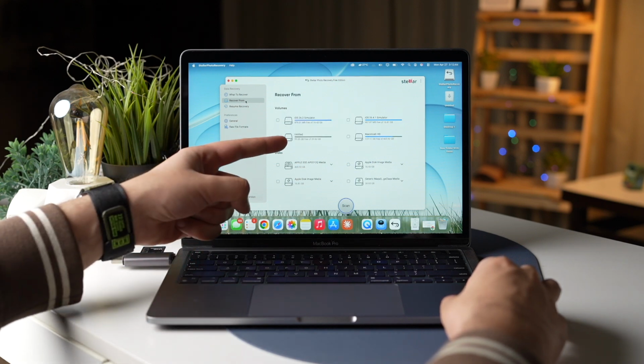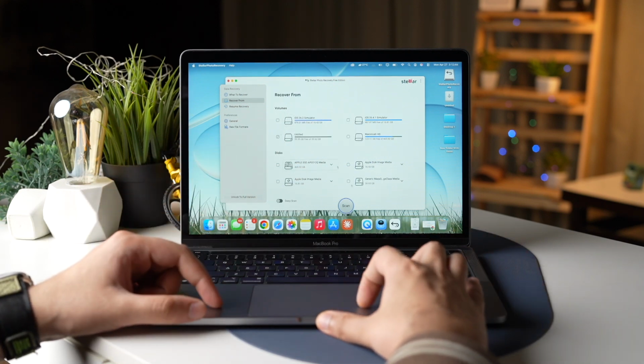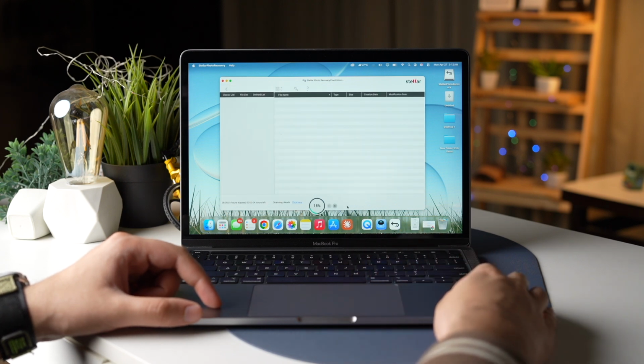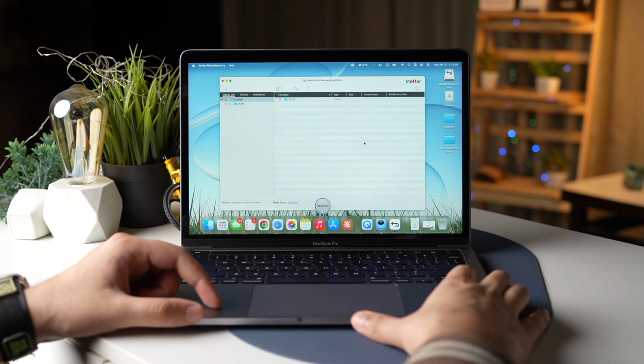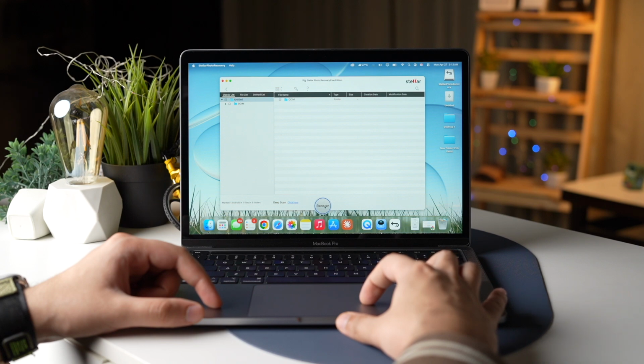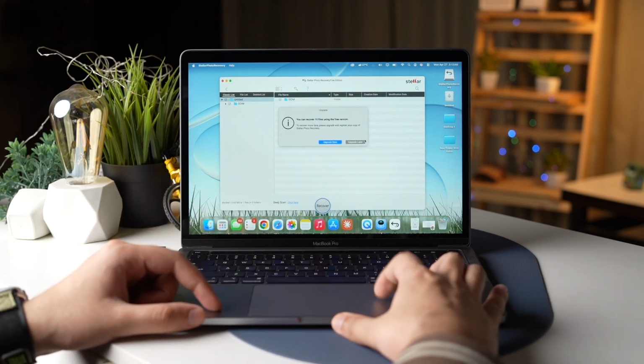You can see that the drive is almost empty. I'll select this drive and start the scan. Now it's scanning and let's see what it shows up. So now the scan is complete and it says one file has been found in 3 folders. I'll click on OK. Now, if I want to recover my images, I'll click on Recover and it'll do the